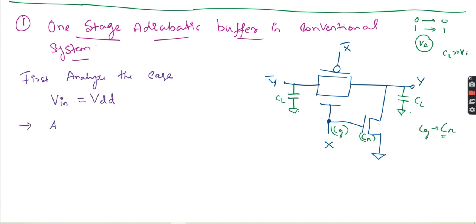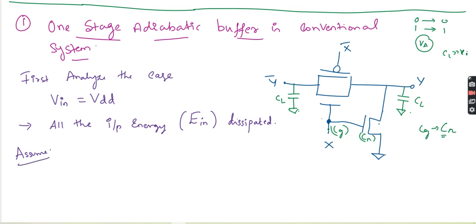So the input energy, specified as E in, is dissipated. All the energy input. So what you have to do, you have to make an assumption, that is, let us assume